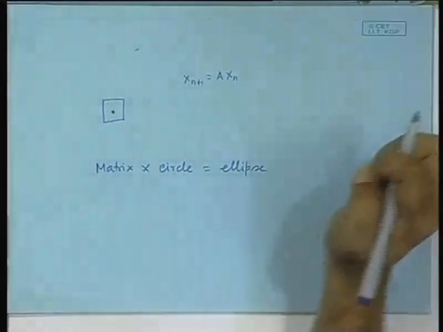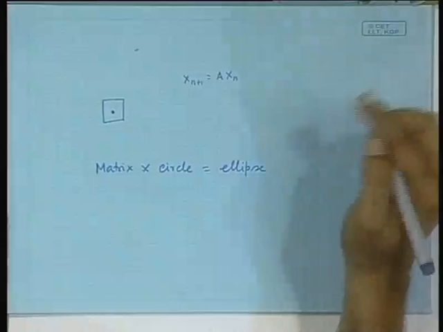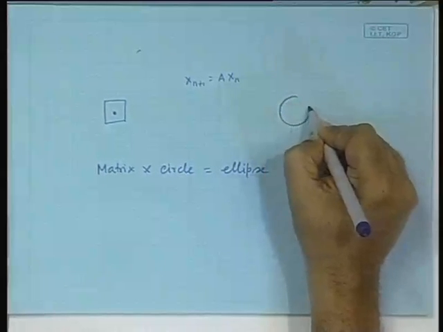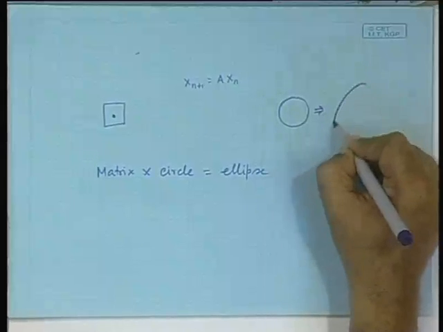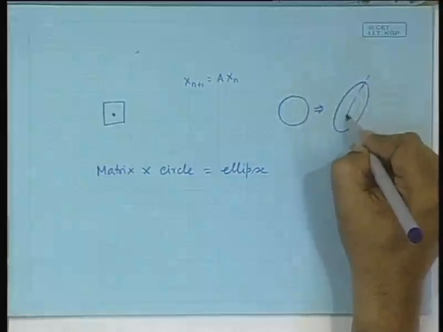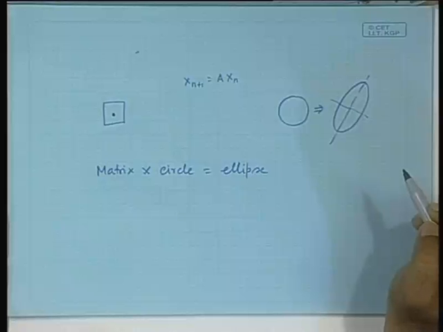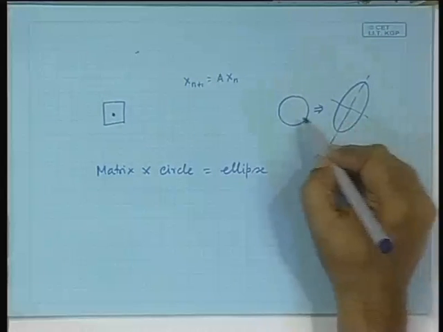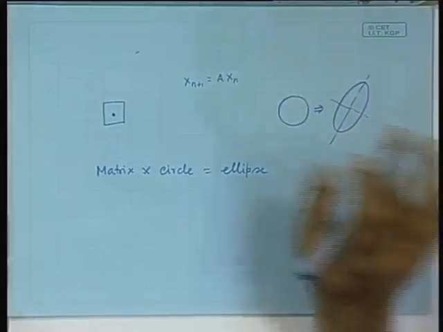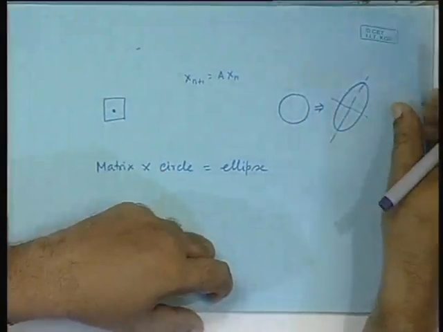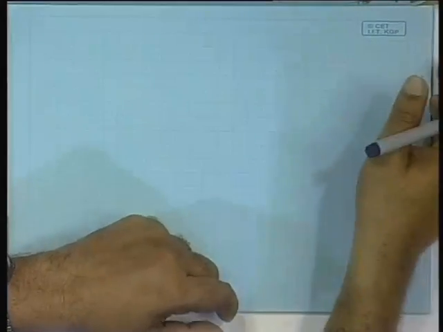So, what is the problem? The issue is that here you are starting from a circle and here you are ending up in an ellipse. There is obviously an expanding direction and a contracting direction, the major axis and the minor axis, and obviously except for a few cases you do not expect the eigenvectors to be orthogonal to each other. Only in symmetric cases they will be, else not. That is why we need to recall a theorem that probably you have come across in mathematics classes, but it will be necessary for us to recall the theorem. The theorem says